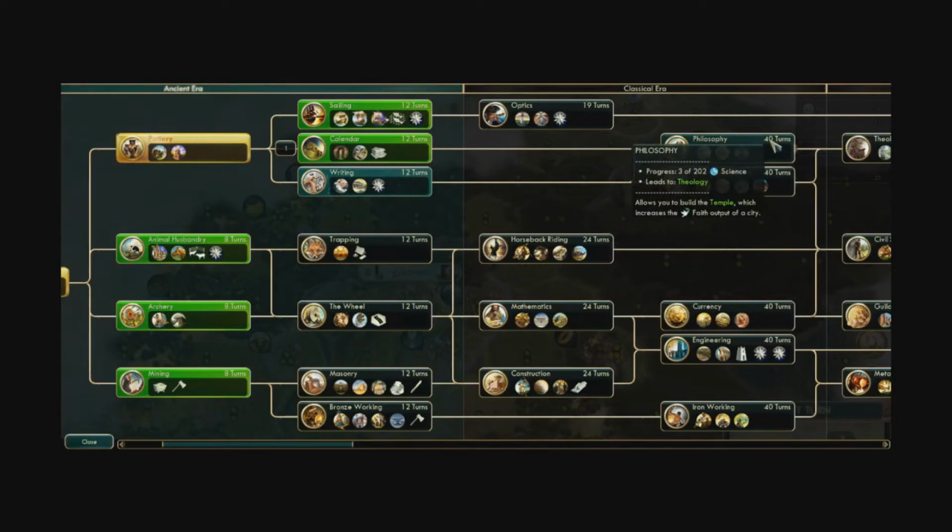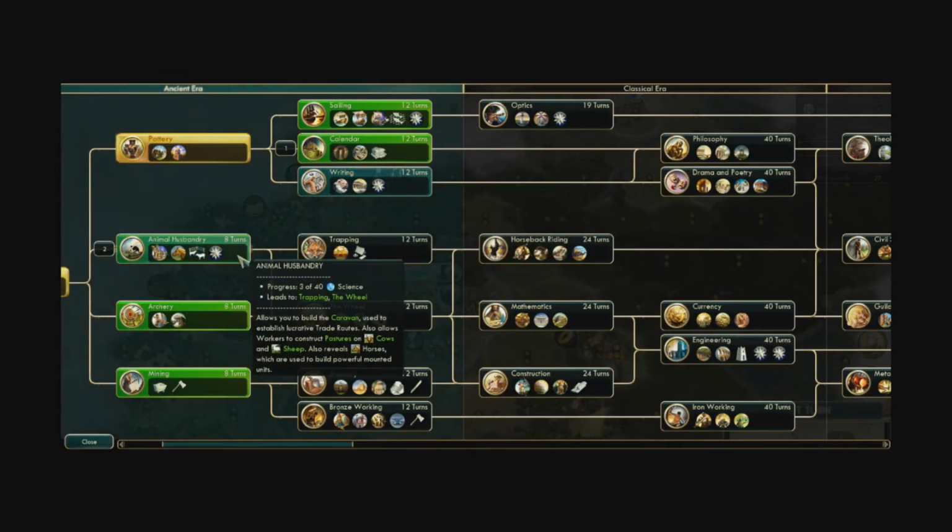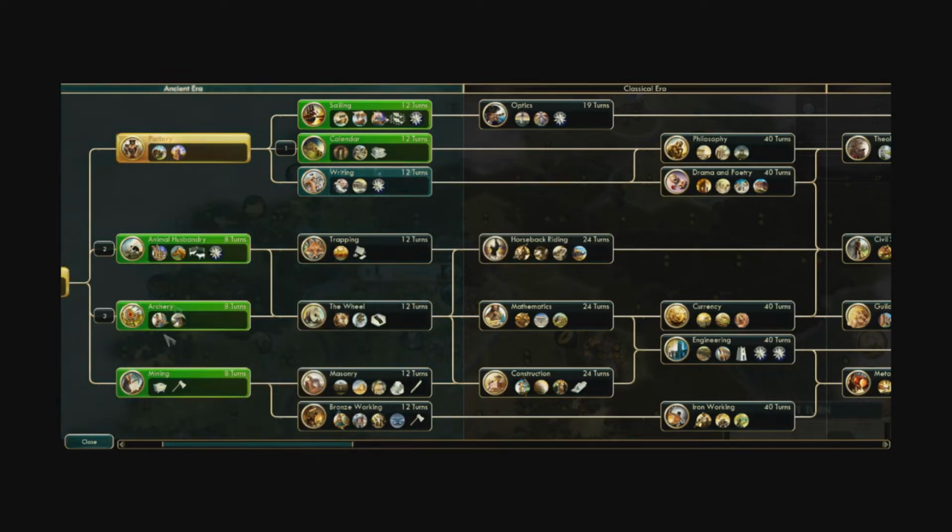Even though the AI doesn't go that fast for Oracle usually. So you may still have some time to switch in another wonder, maybe the Temple of Artemis or something else. Or maybe you want to build a quick granary or something, and then go for the Oracle. But still, it's a good tech, and to get such an expensive tech for free is very good. And if the Great Library needs longer to build than it takes to research calendar,